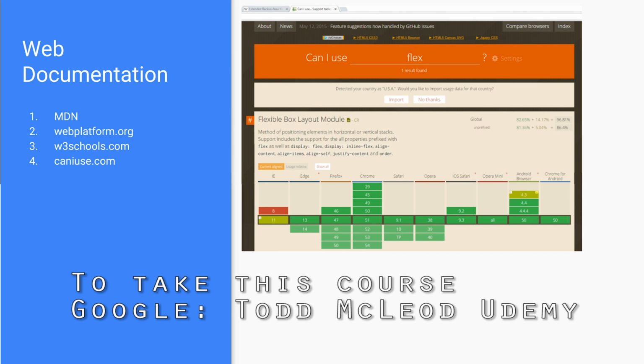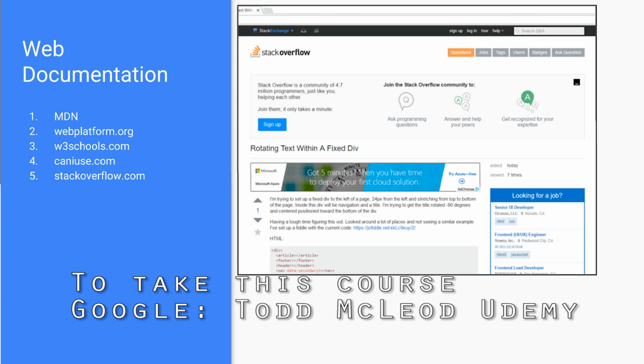All right, so Can I Use is also a really wonderful resource which we'll be using throughout this course. And you'll see how it gets used in this course. So I just want to put it on your radar right now that this is another one of the documentation sources that we go to when we're building websites. Stack Overflow is also another really good and reliable documentation source. So you could go there and read answers to questions that other people have posted, and you could post your own questions, and then really experienced developers can answer them and give their input. So that's another really good source.